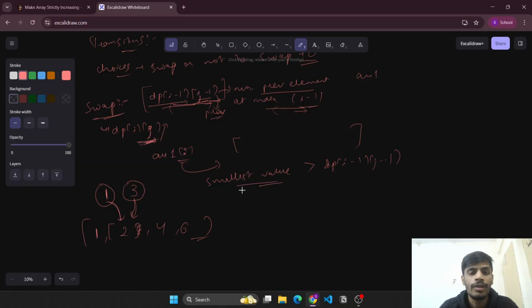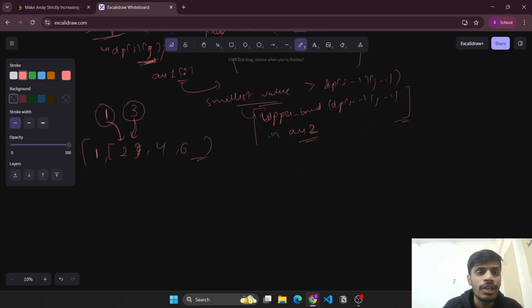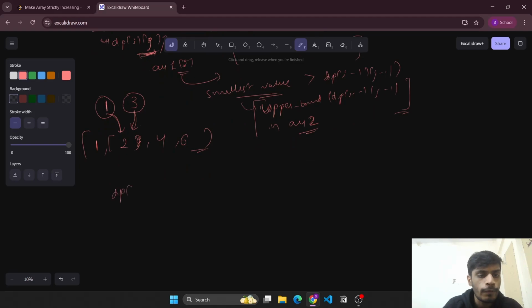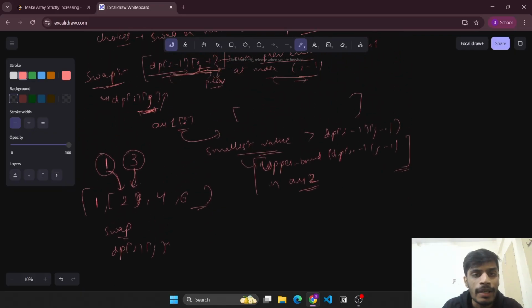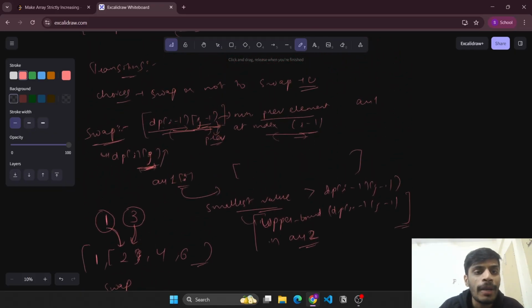And what is this value? It is simply the upper bound of dp of i minus 1 comma j minus 1 in what? ARR2, because that's why we have sorted ARR2 initially as well. So in this case, what will the transition be? It will simply be dp of ij. If we perform the swap at this step, it will simply be what? dp of i minus 1, means it will only be updated if dp of i minus 1 comma j minus